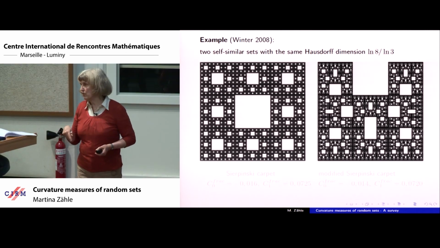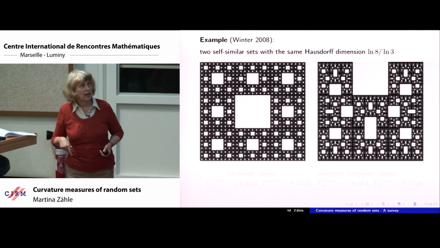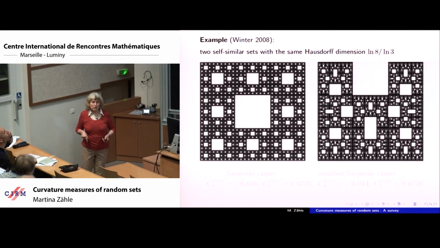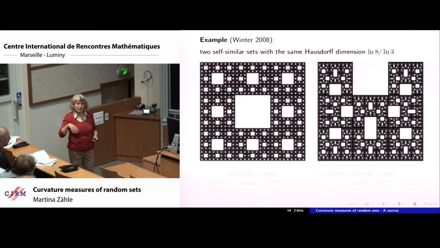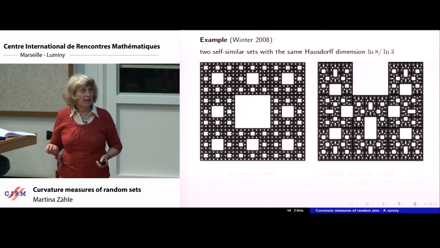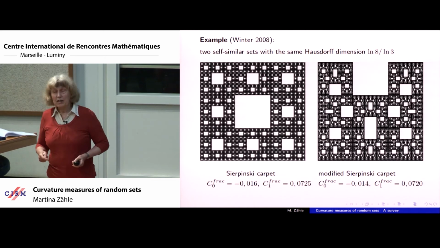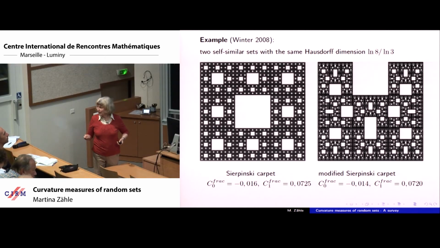This was based on his PhD thesis. This paper appeared in 2008. He considered two Sierpinski carpets, which have the same Hausdorff dimension, and they cannot be distinguished by means of the Hausdorff dimension, but they have a different topological structure, as you can see. Here in this case we have only two, we have C0 and C1, and C2 is already dependent on C1. So we have two free parameters in this case. The Hausdorff dimension is the same, but on the right-hand side you have heuristically a little bit fewer holes than on the left-hand side. Yeah?